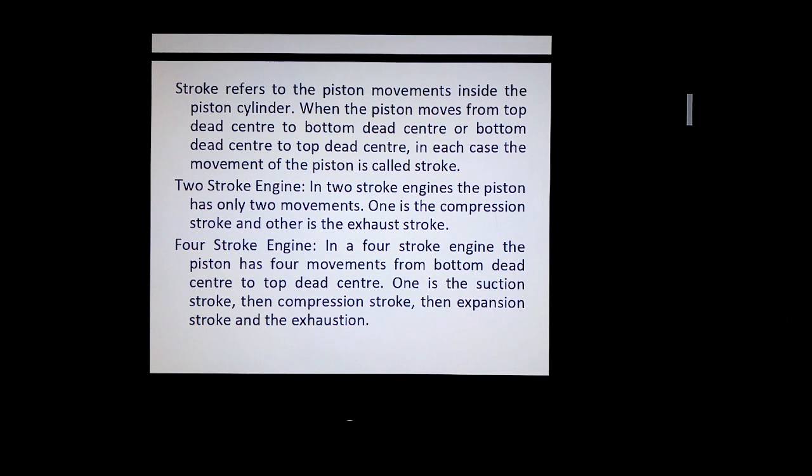Certain modifications in the engine design and operating variables are suggested. The three main types of automotive vehicles being used in our country are: number 1, passenger cars powered by 4-stroke gasoline engines. Number 2, motorcycles, scooters and auto rickshaws powered mostly by small 2-stroke gasoline engines. And number 3, large buses and trucks powered mostly by 4-stroke diesel engines.